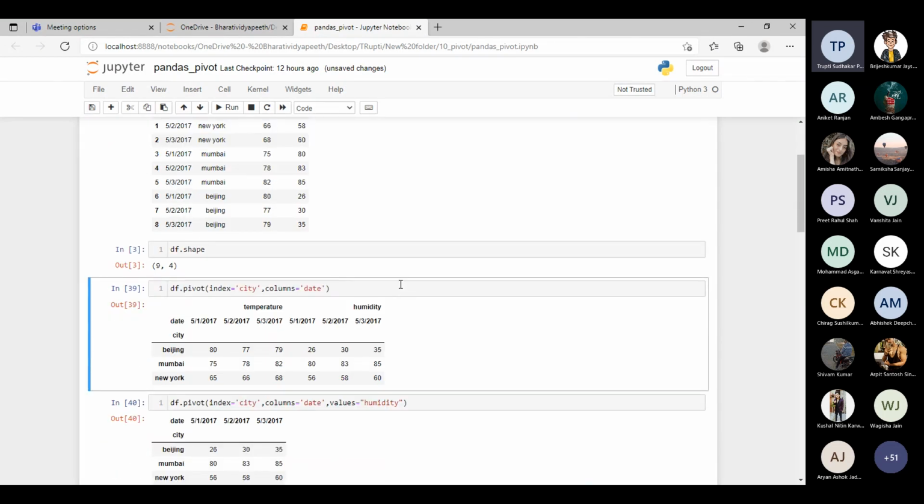Now I have used the pivot function. I have passed only 2 arguments. I have not taken any values because I just wanted it according to date, and here date is my May month, and this is in the May month the temperature of your New York City, Mumbai City and Beijing City, how it will be according to your date column. So I have taken only city as my index and I have taken date as my column. So this is what my pivot function does.